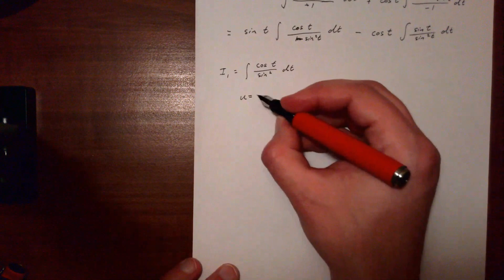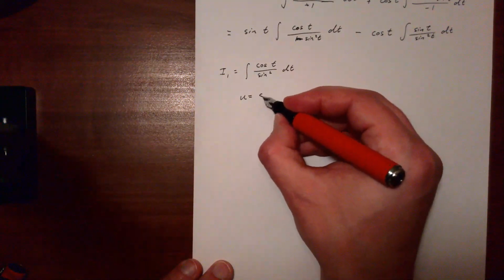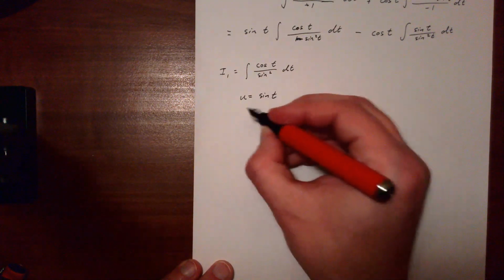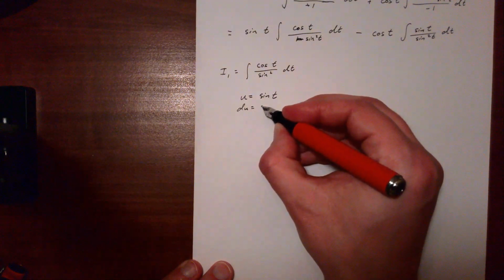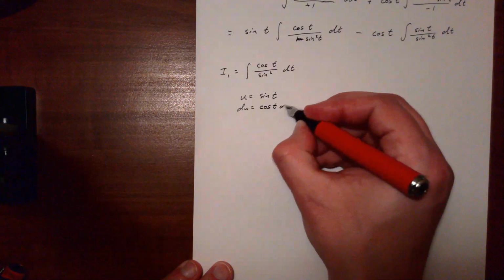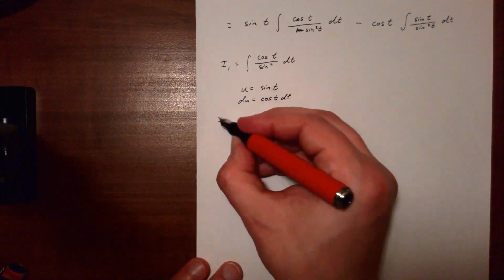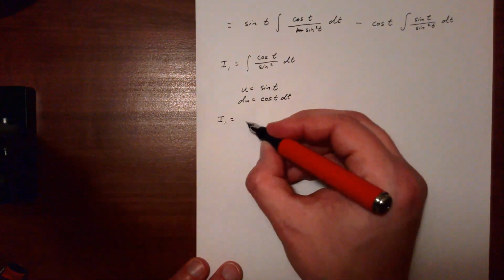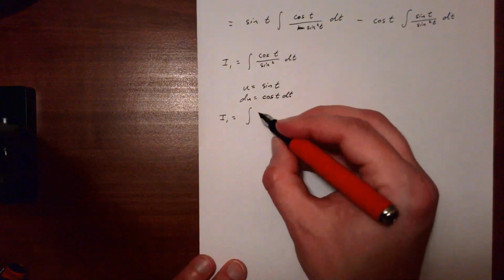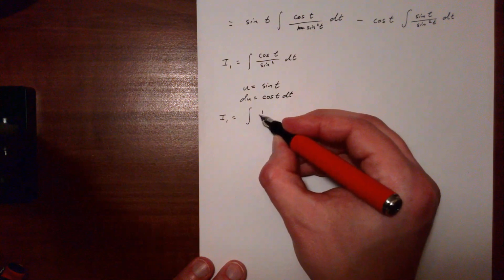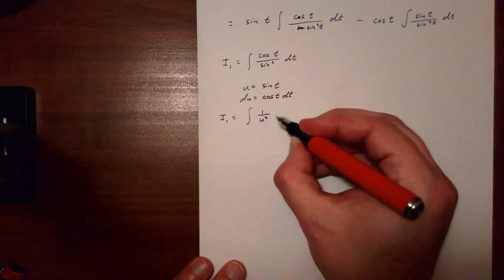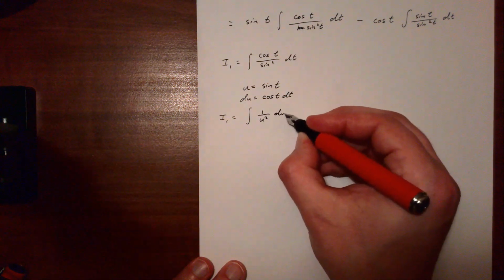It's just a u substitution. It's going to be sine of t, meaning du would be cosine of t dt, which means then that I1 would equal, so it's again the first integral, 1 over u squared du,